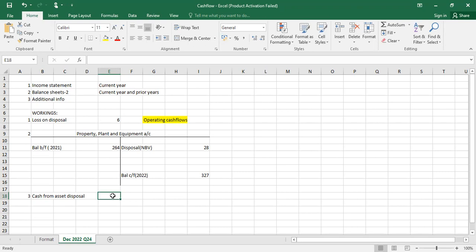22 million. Yeah, that's 22 million. So you have to note that later, the 22 million will be considered an investing